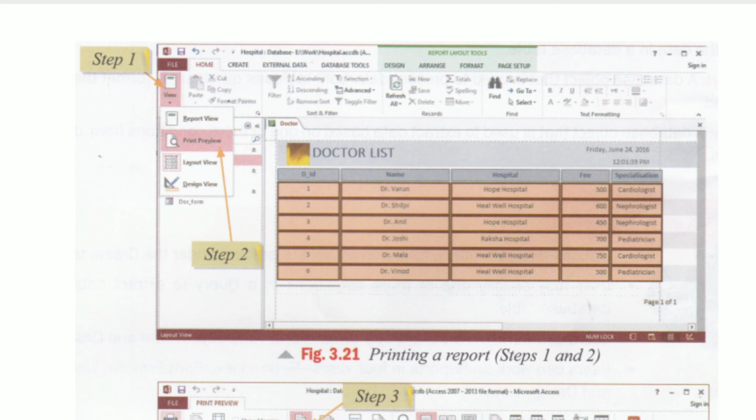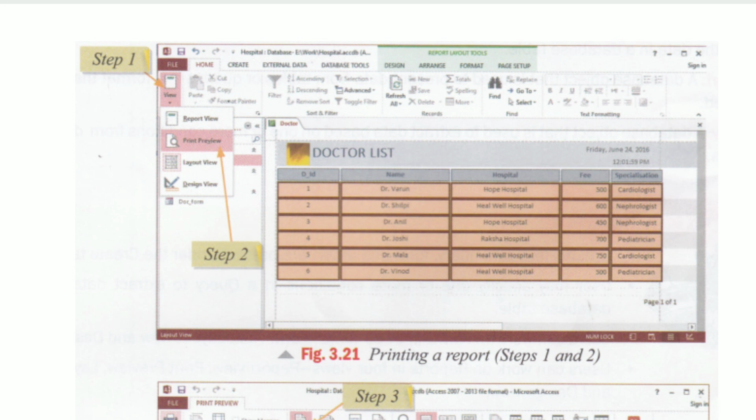As we click on this View option, different options will be listed under it. In this, we have to choose the Print Preview option. As we click on this, the report will be displayed in such a manner that it shows how our report will look after printing on a page.